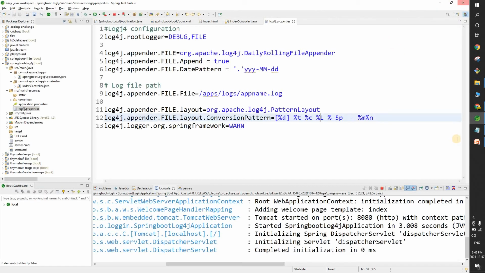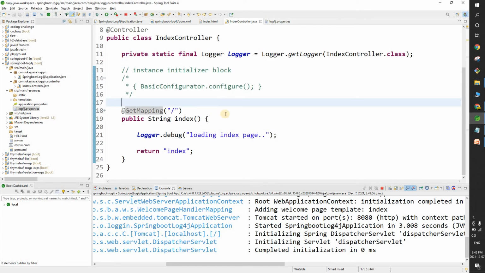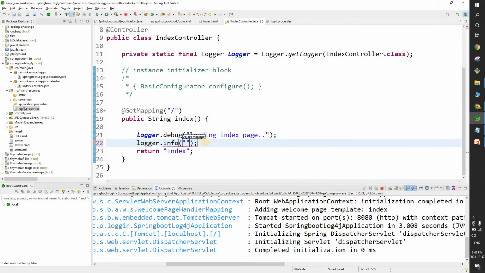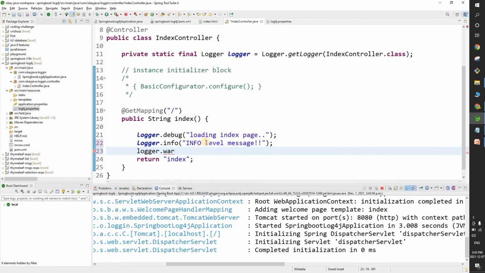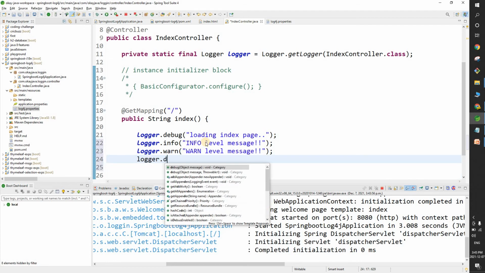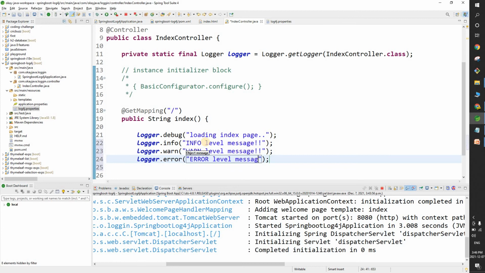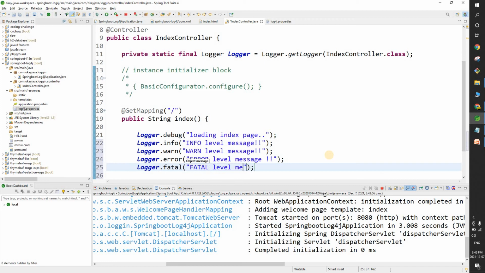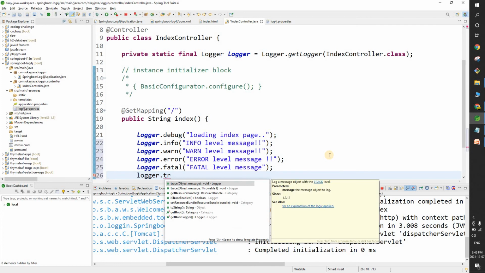Alright guys, I'll close. So guys, let's do one thing. What I'm going to do is add more logs here, with different levels, like logger dot. If you see here, it provides many functions. So I'll write logger dot info with a message, logger dot warn with a message, then logger dot error, then logger dot fatal with a fatal level message, and then logger dot trace as well.